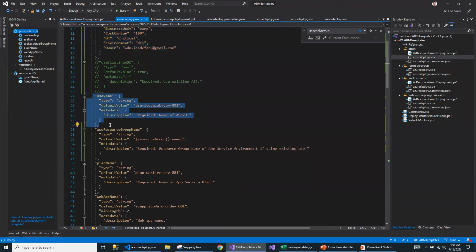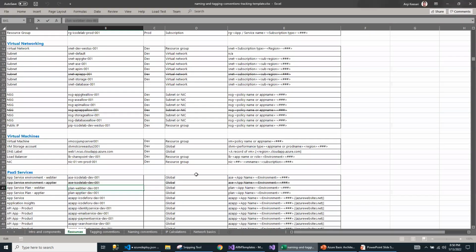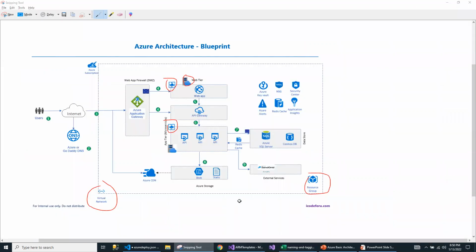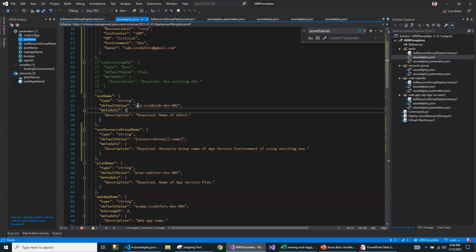This is the app service environment where this app service plan is going to sit, and this is the name of the app service environment. I have a separate Excel sheet for managing all these resources as per the architecture I'm talking about here. I'm following strictly the Microsoft Azure naming conventions while naming the resources.